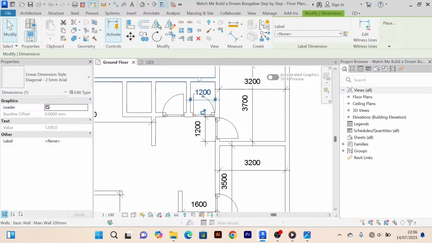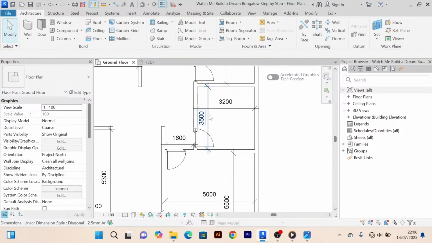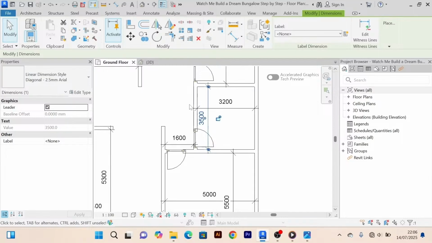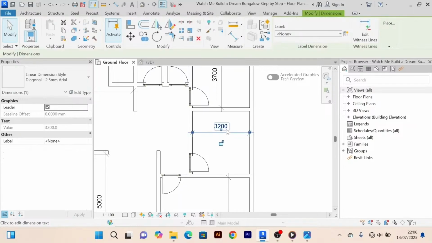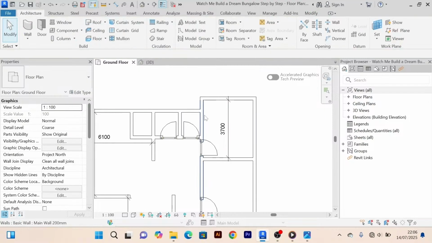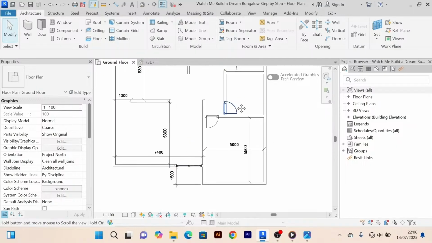So that we can see our doors very well. You can see the doors we have created. Let me delete all these measurements. Now this is how you